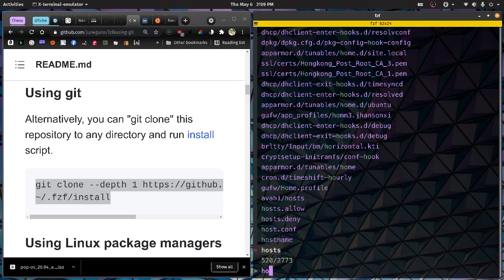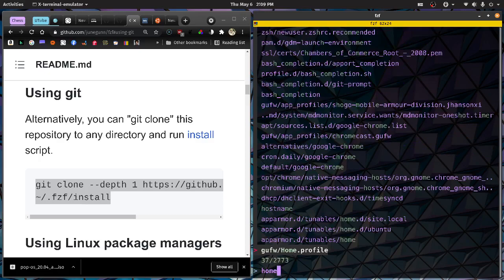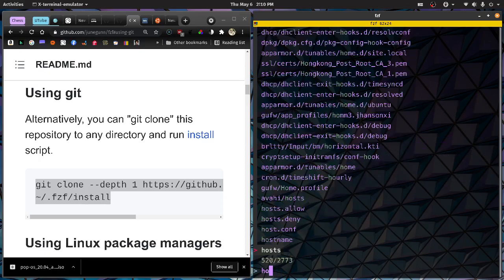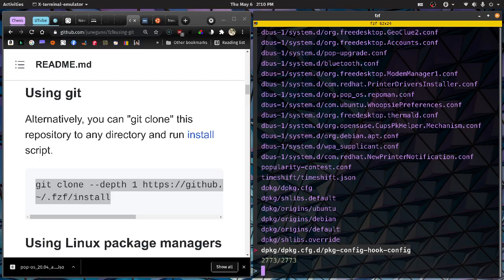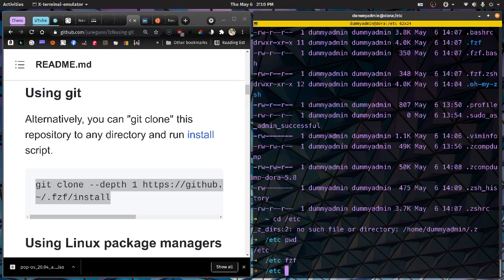So if I type home, right, it's going to give me everything that's got home in it. You see, it also gives me anything that's got hooks, HOO. And then it gives me HO, and then finally anything that's got one of these letters in there at all. So this is a fuzzy search looking for directories, and that can be quite helpful, but it's not what we're looking for when it comes to